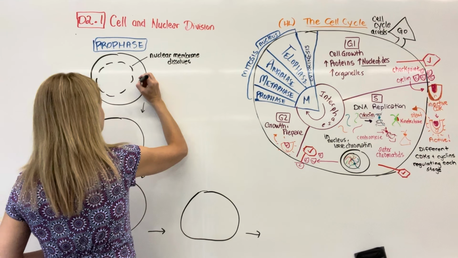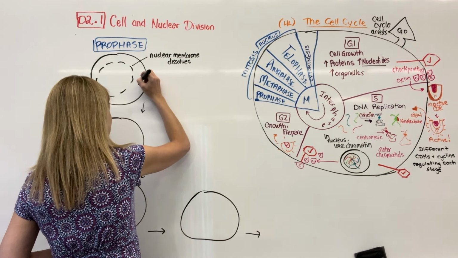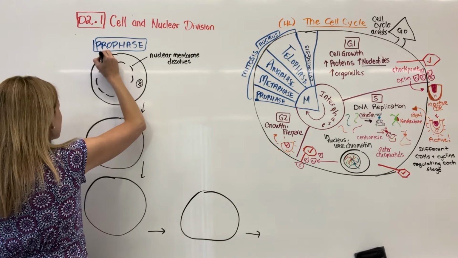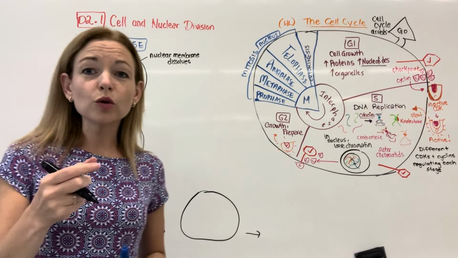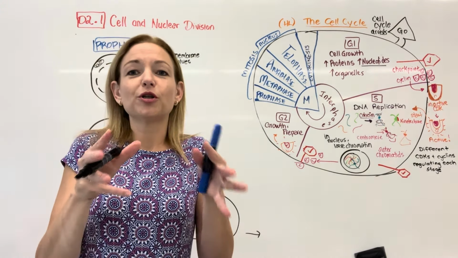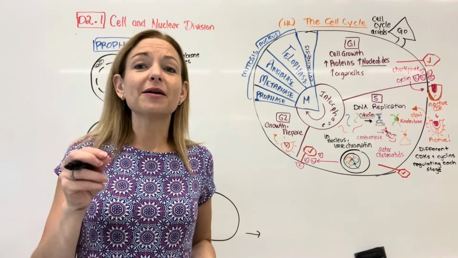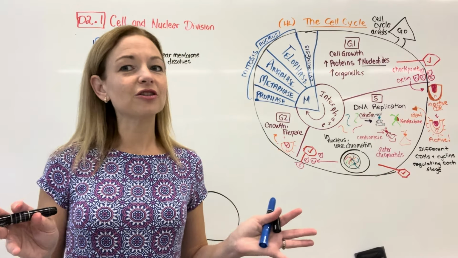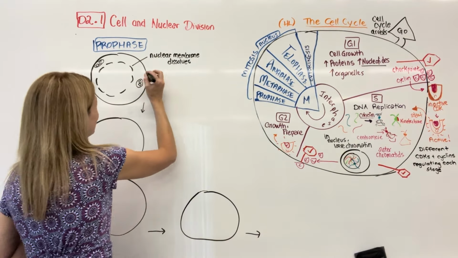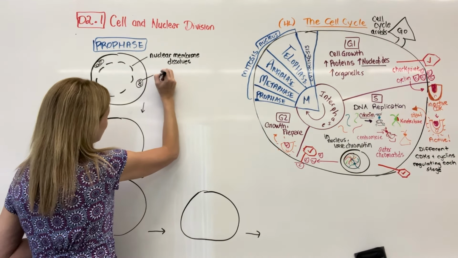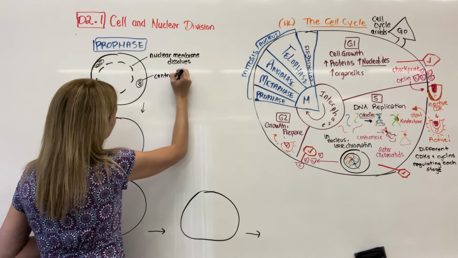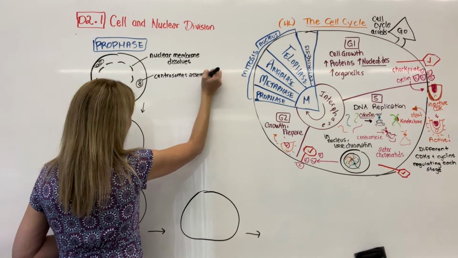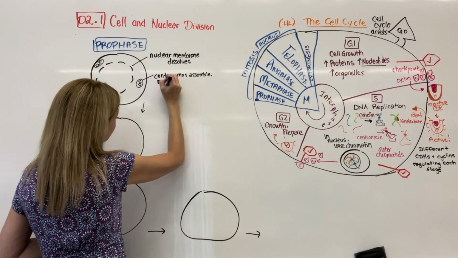Next thing is that we need to get these centrosomes together. So centrosomes are at the centrioles, an area that starts to produce microtubules. So sometimes they're also called microtubule assembling centers. I prefer centrosome. So we're going to call them centrosomes. So centrosomes assemble and start making microtubules.